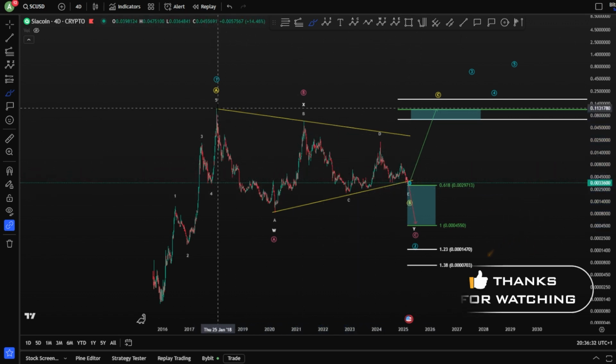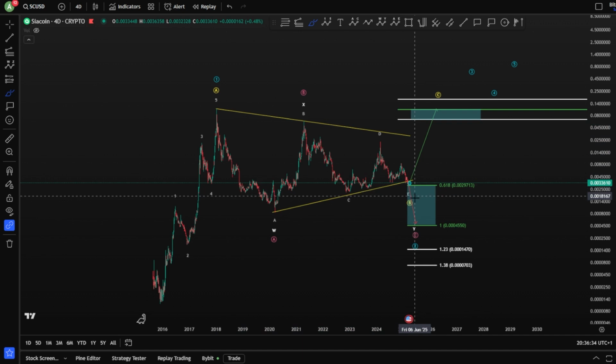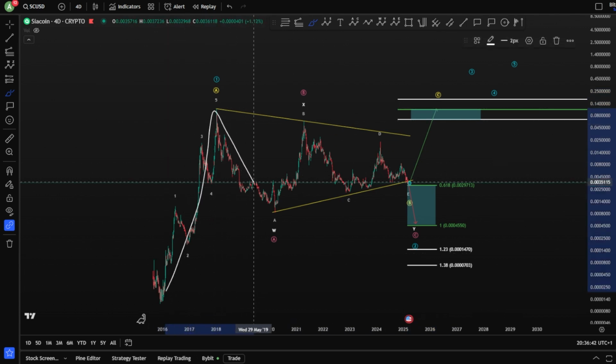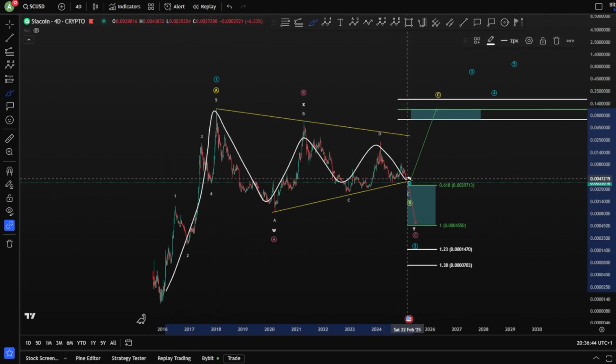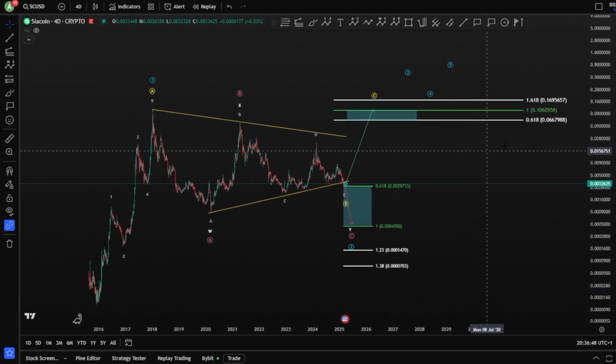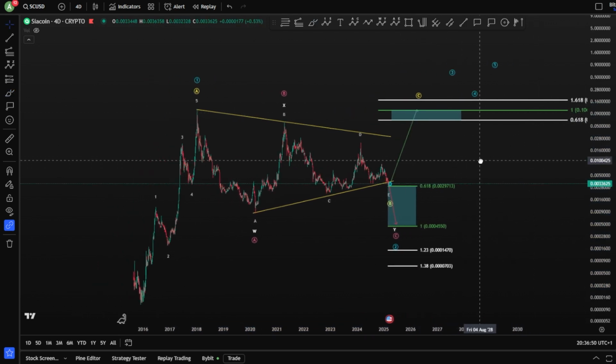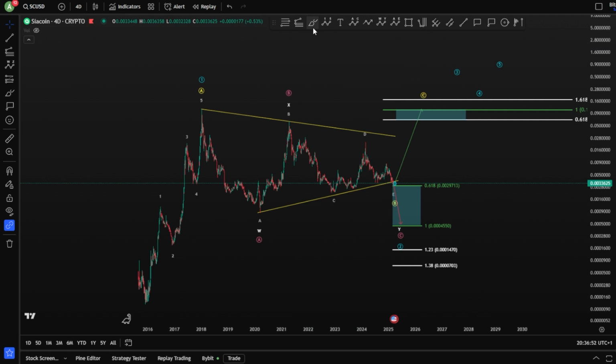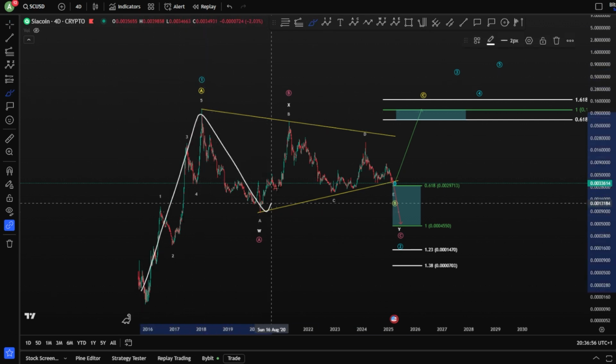In this case, we have a very beautiful triangle here, A, B, C, D, E, finished a wave E, potentially, of course, and you're looking for a wave C only towards the upside, only wave C, because only a wave B is allowed to be a triangle, meaning a wave C as a zigzag is potential at 1-to-1 fib level $0.1. In case we are looking for a wave 2 after a wave 1 impulse,